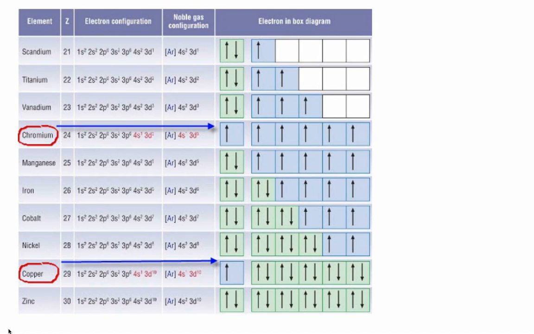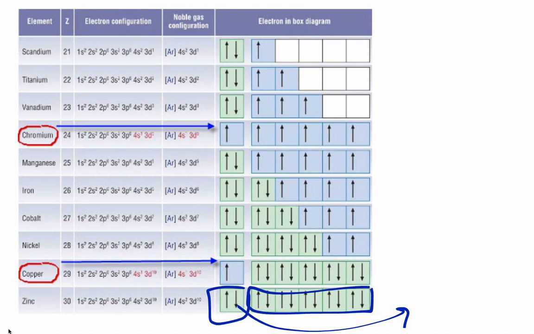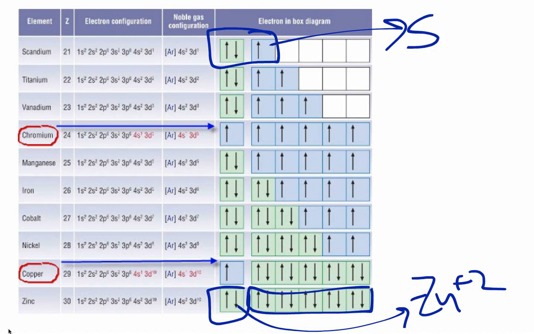And we do have a couple of our transition elements that actually only have one oxidation state. Zinc only loses these two. This full d shell does not break up. It is too stable, it does not break up. So zinc is always a +2. That's the only oxidation state or charge that zinc can have. Scandium is similar. Scandium loses all of these, and scandium is primarily a +3 and really does not form other oxidation states. So those are two that are kind of different.